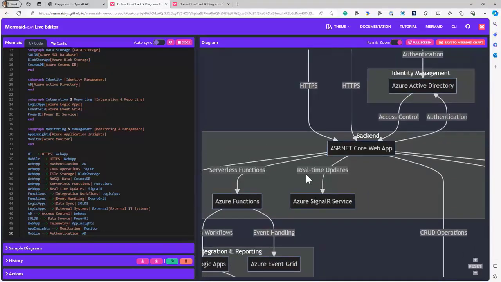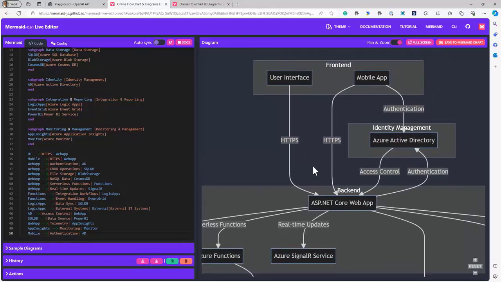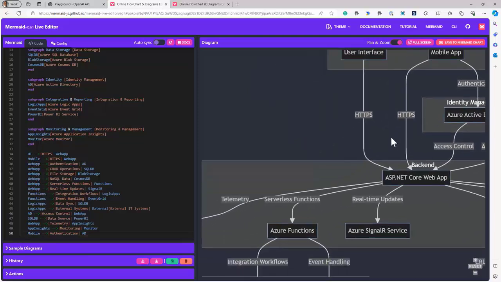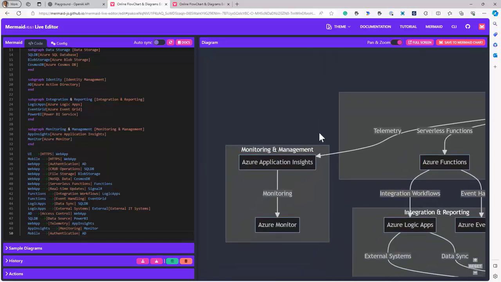At the center of the diagram is the ASP.NET Core Web App. This is where our web application is going to be hosted. Of course, it included the notion of identity management. It also has the front-end user interface and the mobile app, should we need it. If you look at the left of the diagram, assuming we want to monitor and manage this application, it included a notion of Azure Monitor.